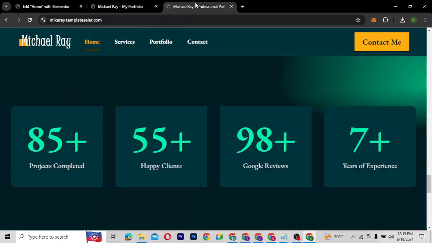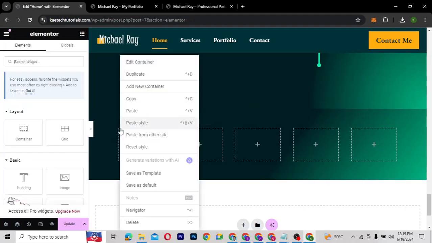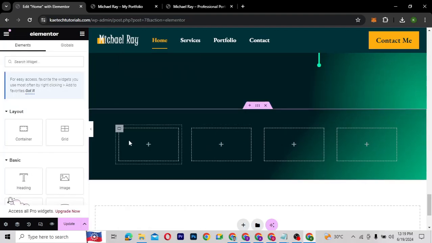Is it 4 or 5? Let me see. 1, 2, 3, 4. Oh, 4. So I'm going to delete 1. All right, so this is how it's going to be like. So you have this over here. Now,